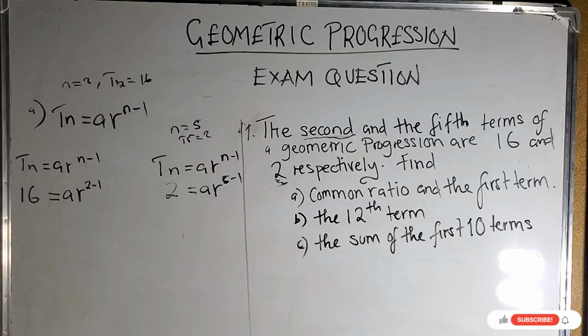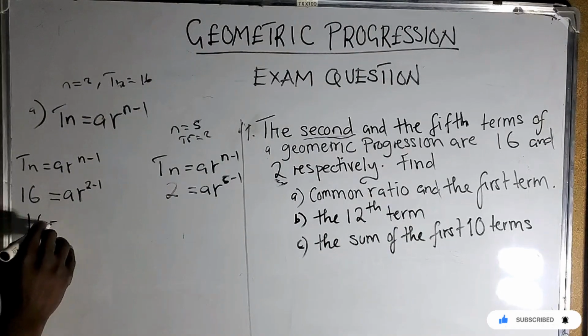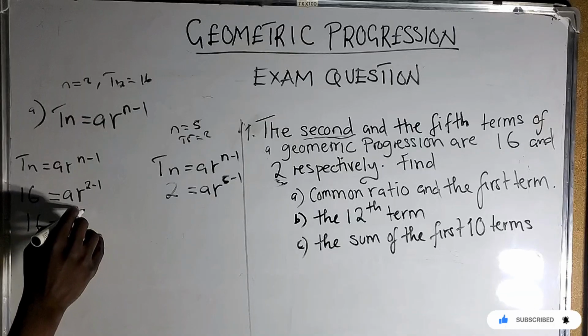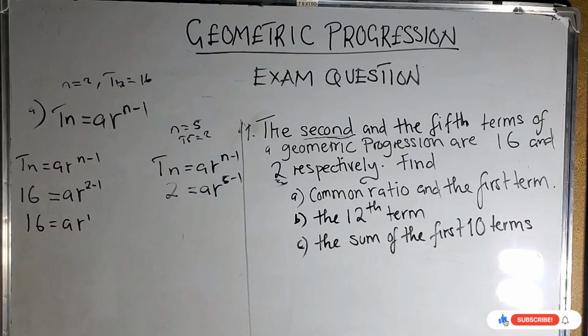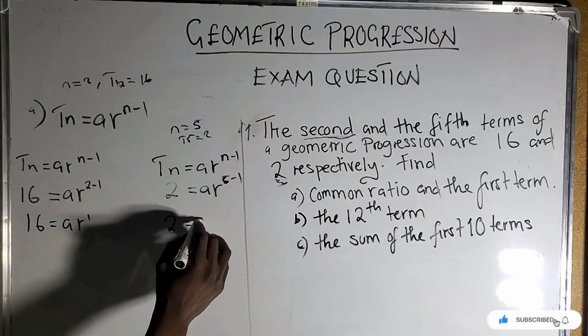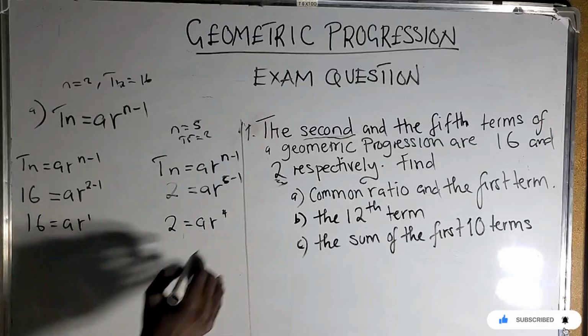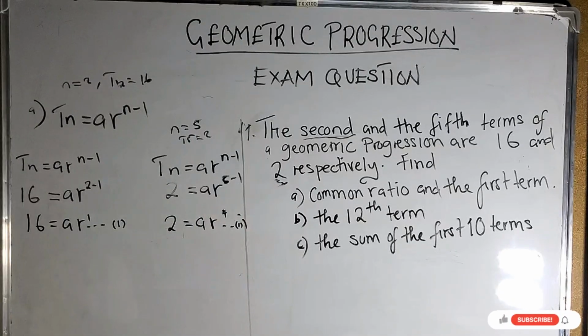Then you can solve this. If you notice, we can only deal with the powers. So this one is 16 equals a r to the power 2 minus 1, which is just 1, the same as leaving it the way it is, but let me indicate it as a 1. Here we have 2 equals a r to the power 4. This is the first equation and this is the second equation. When you reach this stage, my good friends, you need to divide